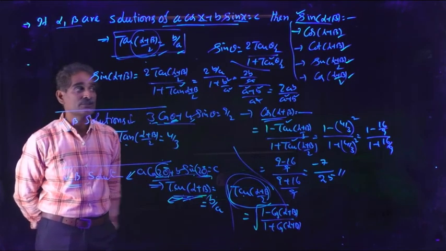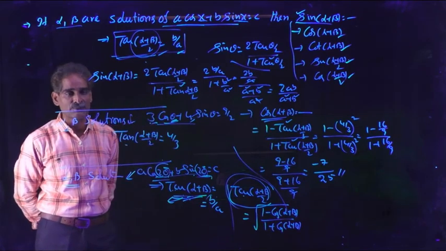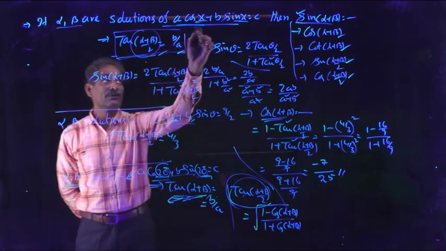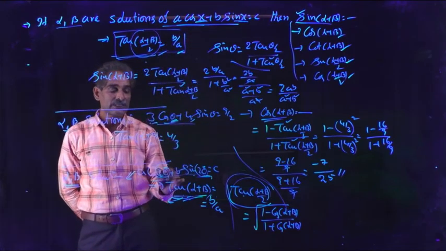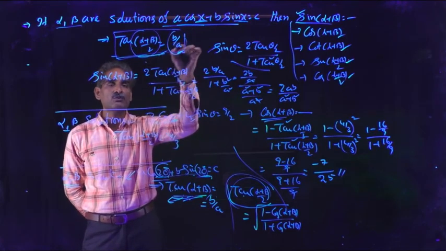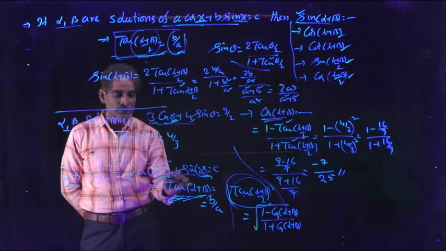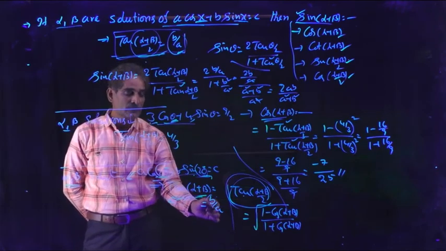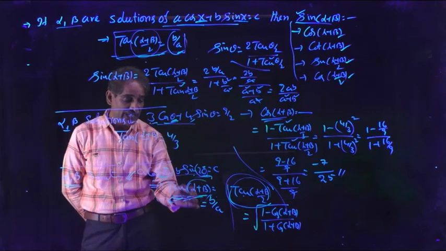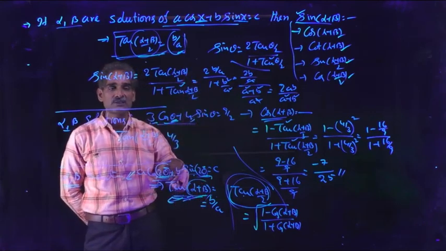This concept is very important from an objective point of view. At the same time, verify the relation. At x, the relation is that this value is equal to b by a. Here in the case of 2 theta, b by a is equal to tan of alpha plus beta. You just have to observe the angle in both the cases.